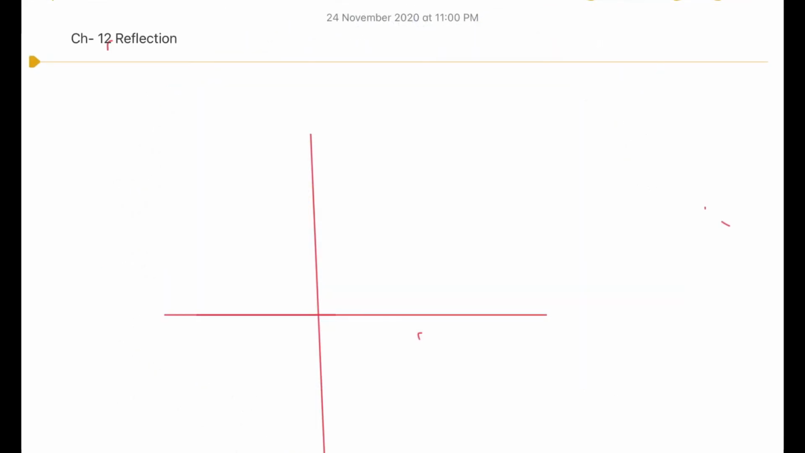Hi students, let us continue with chapter 12, reflection. So in our previous class I had explained to you how to take the reflection on the y-axis, x-axis and origin. Okay, so let me start with the exercise